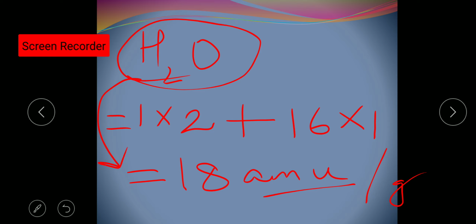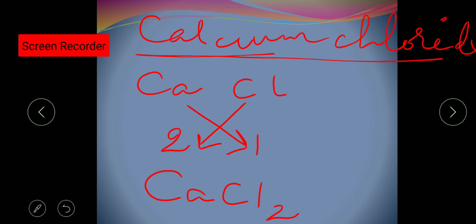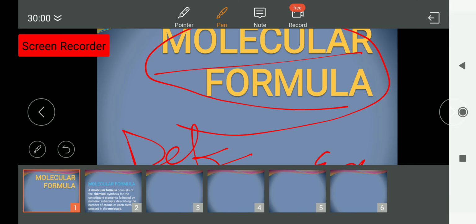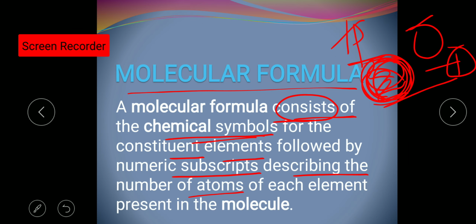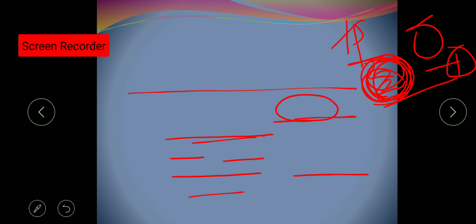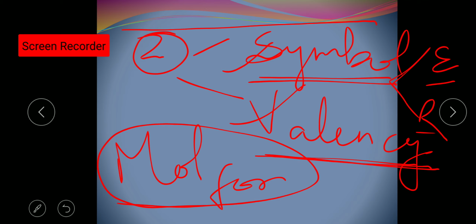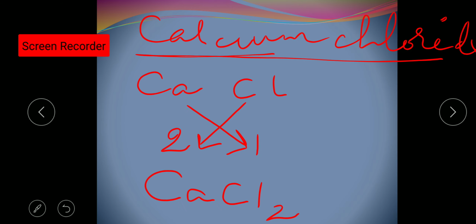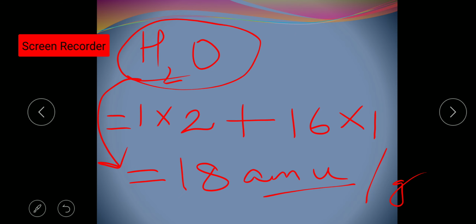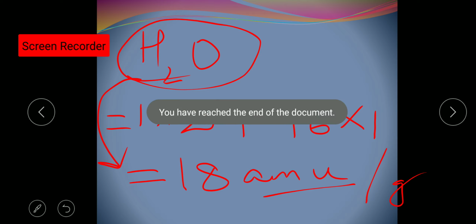So thank you students. This is all for today. Your homework is to write down the definition of the molecular formula. Okay. And then after that you will draw each compound. Then the second question is, what are the requirements for writing a molecular formula? Then the third question, whatever formulas we have discussed, you have to write them down in your copy in the same pattern. And then after that, write down 2 significances of molecular formula.